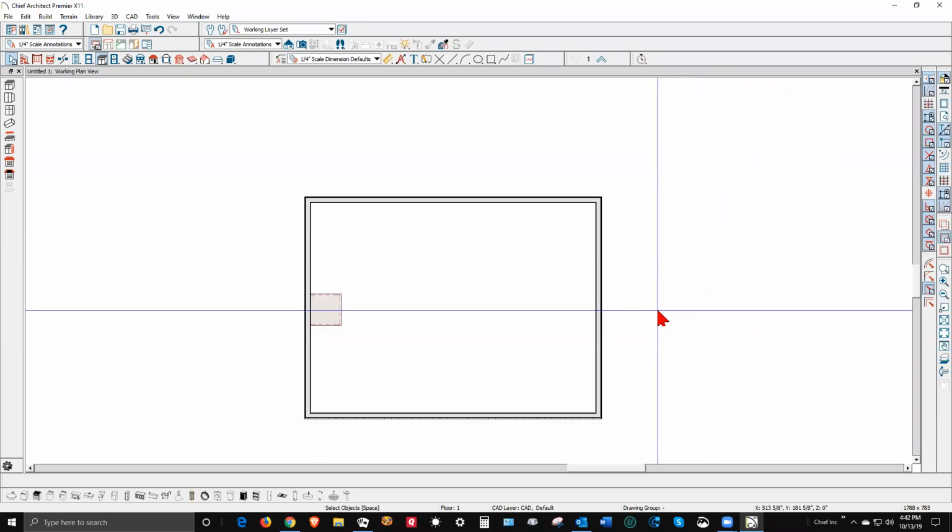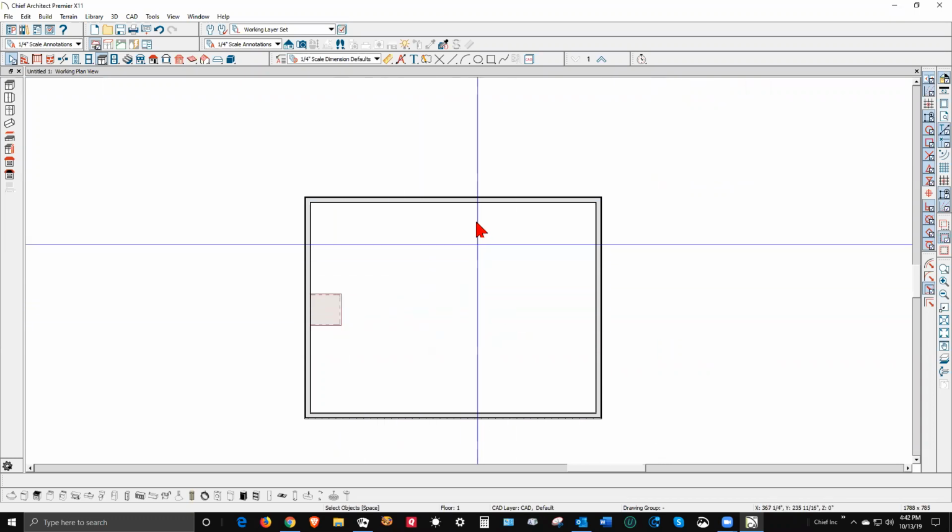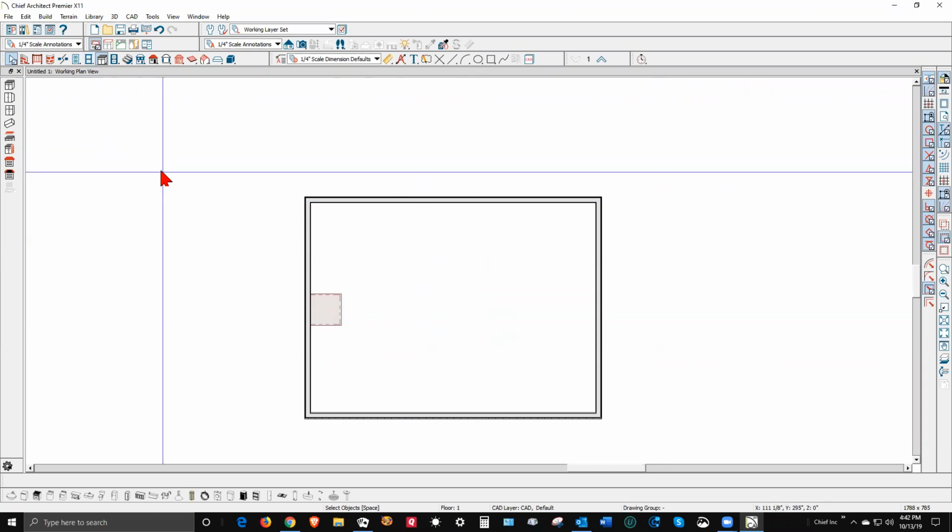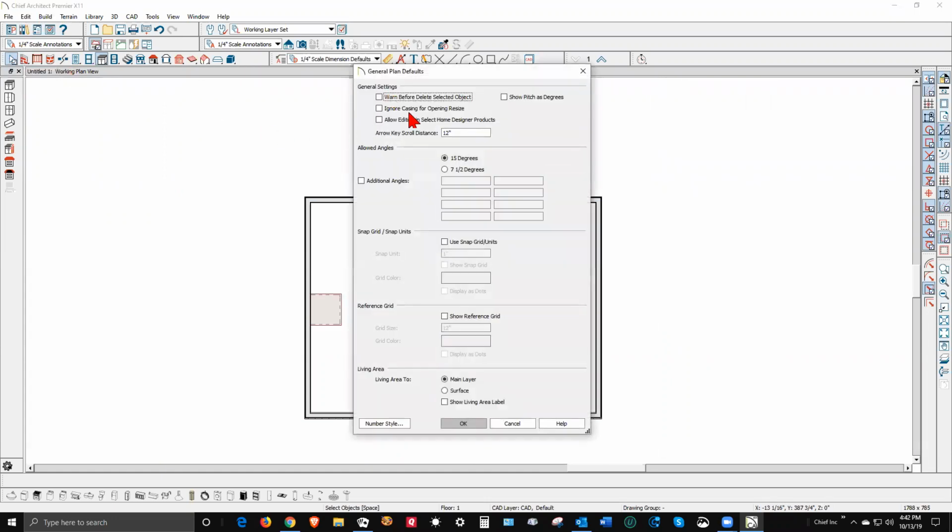Hi, I got X11 open, and I think what you want is kind of a curved bar. I think. If I'm wrong, I'm wrong. What I'm going to do is go up here to Plan Defaults, or Select Objects, double click, and then I